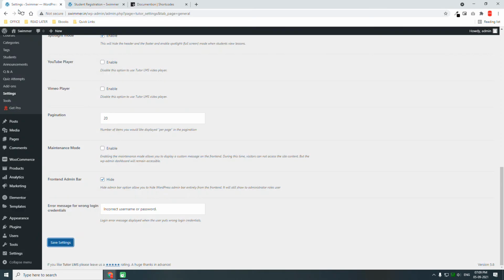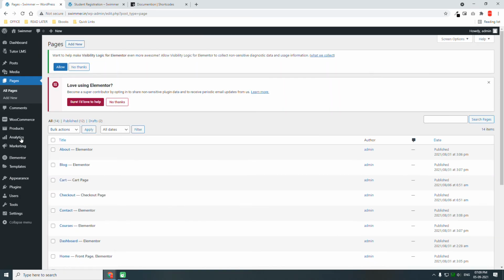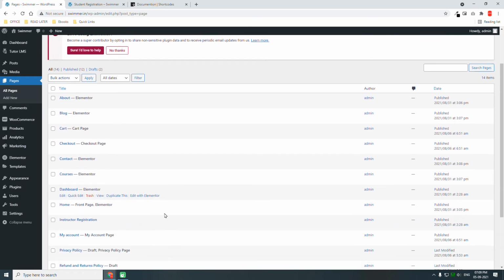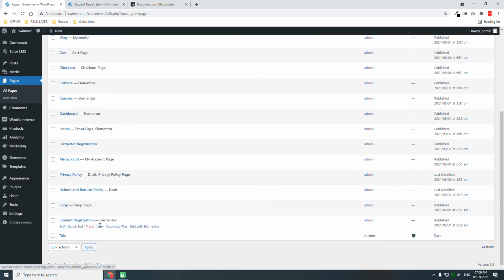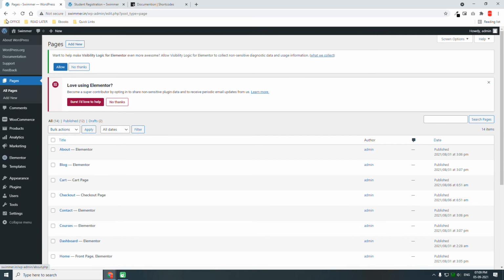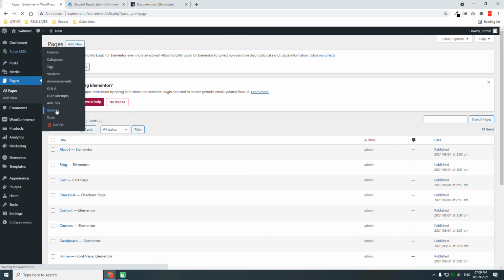Or you can go to pages, and you can just edit this student registration page. And coming back to Tutor LMS settings,